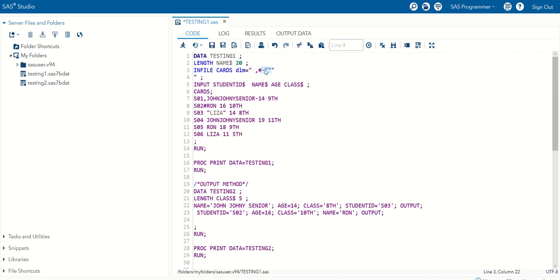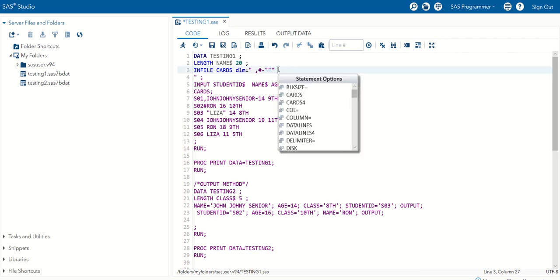Again, we only have to do that when our actual quotes to identify the delimiter and our actual delimiter are the same kind of quotes. So if our quotes to identify the delimiter are double quotes and our actual delimiter is also double quote, then we have to put two double quotes inside our outer quotes, and the same goes for single quote. So now I'll run, and yes, the semicolon is important.